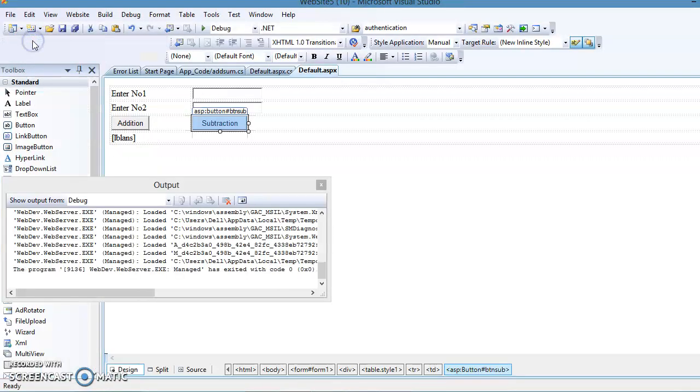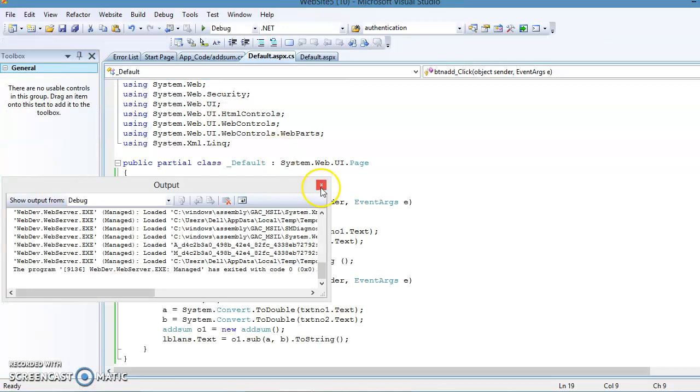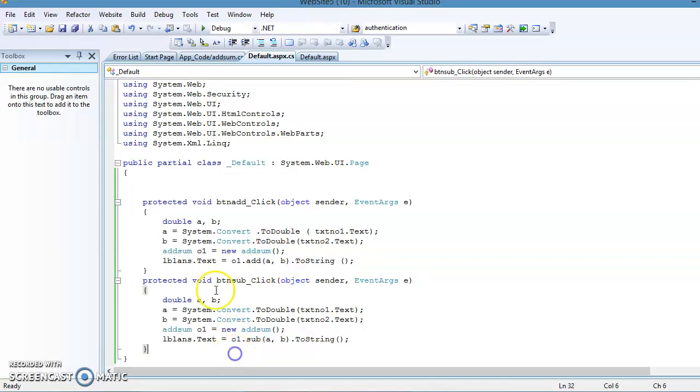Let's say where we have addition, click on this and the text is equal to what? Here you can say addition of two numbers is this, and here you can say subtraction of two numbers is.